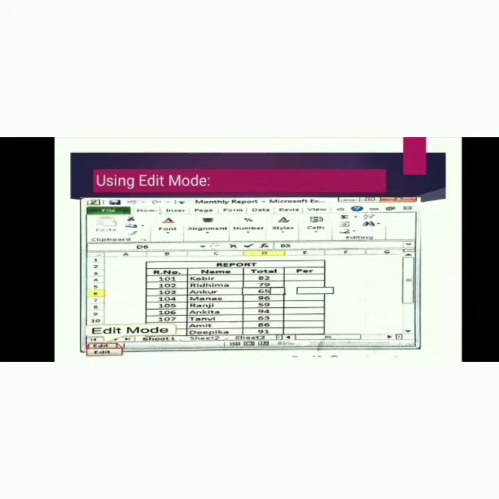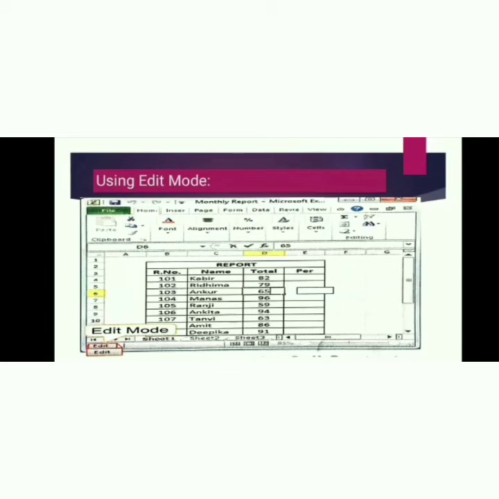When you are using edit mode, you can use two options. There are two buttons. First one is cancel and second one is accept. These are in the edit mode on the left hand side. When you type in the cell, the two buttons cancel and accept will appear to the left of the formula bar. Enter the content in the cell and press either the enter key or click on the accept button on the formula bar to accept the changes. You can see when you accept it, your changes will be done.